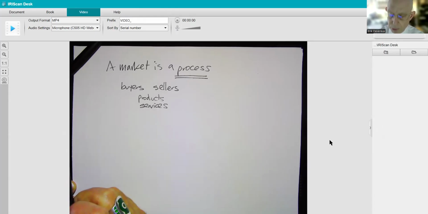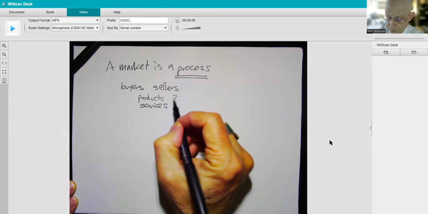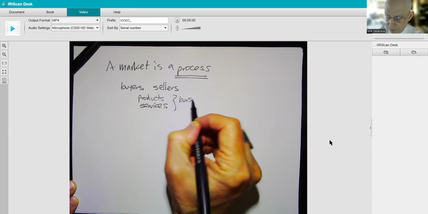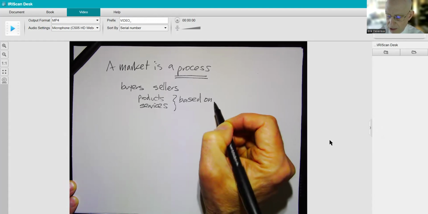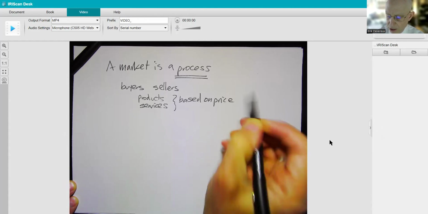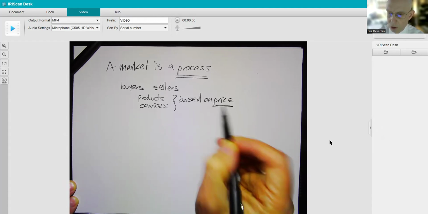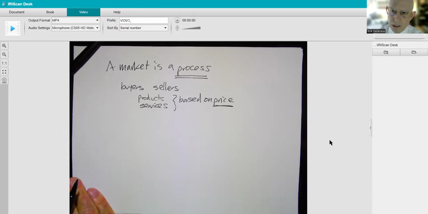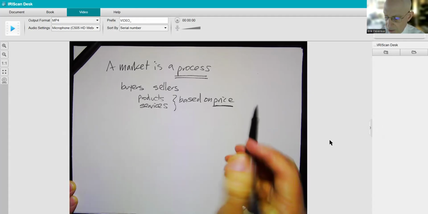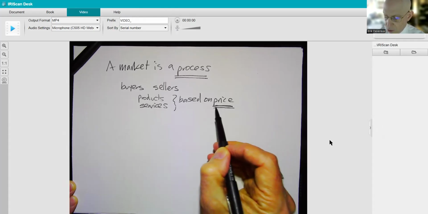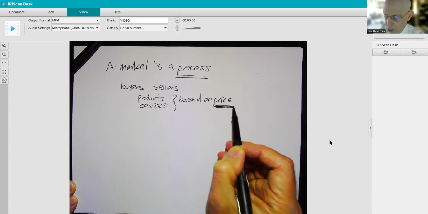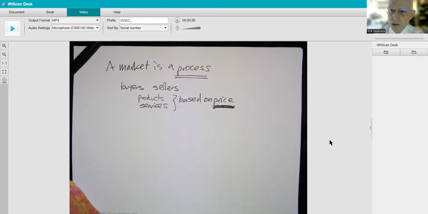the buyer buying a product or service based on price. And in classic market theory, the price of what is being sold, the price that is paid, is extremely important because it encapsulates a huge amount of information about the nature of the market transaction. And economists generally see prices as representing the crucial piece of information you need to have to understand what is